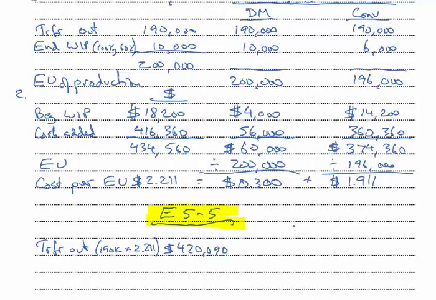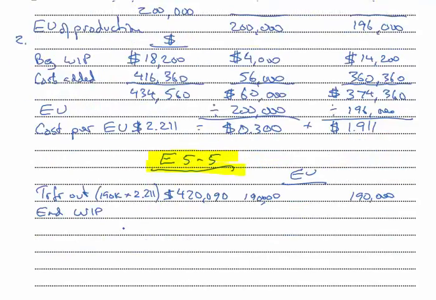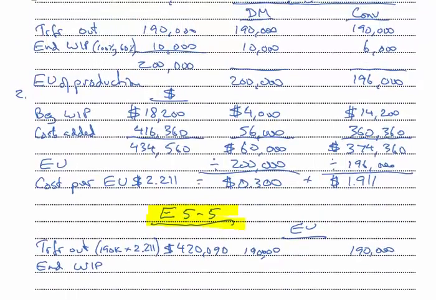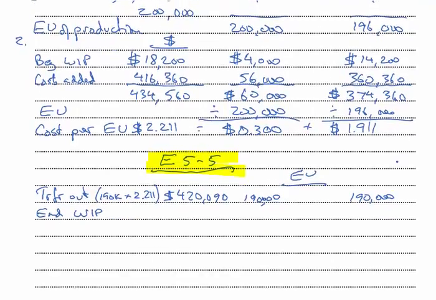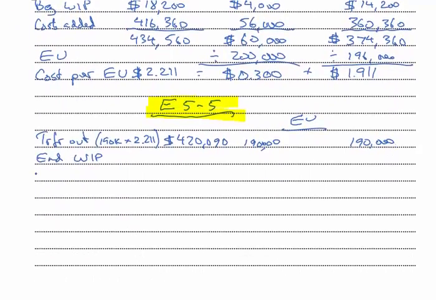And if we look at equivalent units transferred out, it was 190,000 for direct material and 190,000 for conversion. Okay, and now looking at ending work in process. And we're going to essentially do the same thing. Kind of running out of room here. We're going to look at 10,000 units here and 6,000 here at the equivalent unit or the cost per EU price. So first we'll look at direct material at